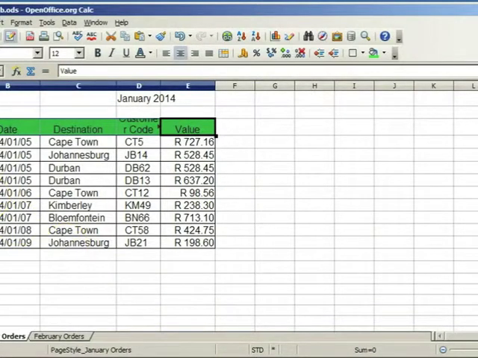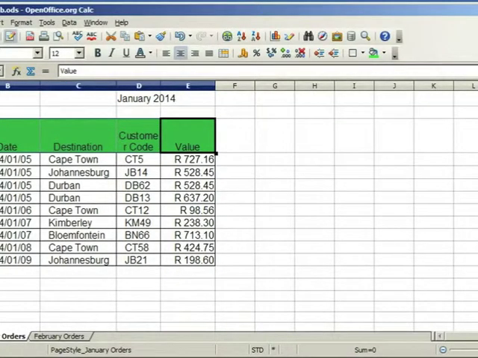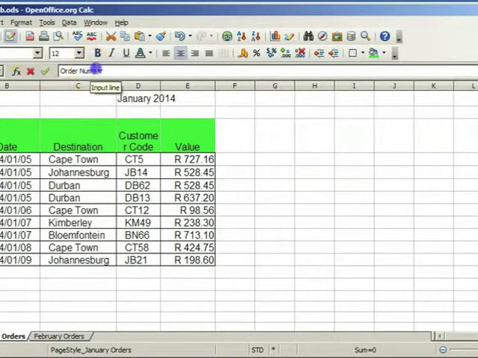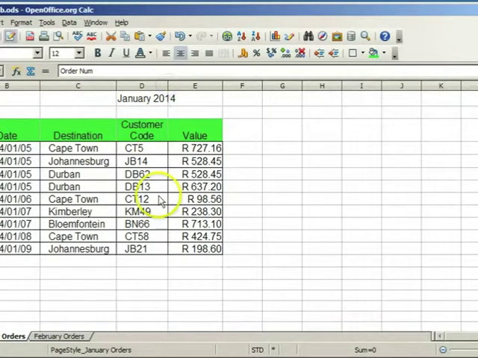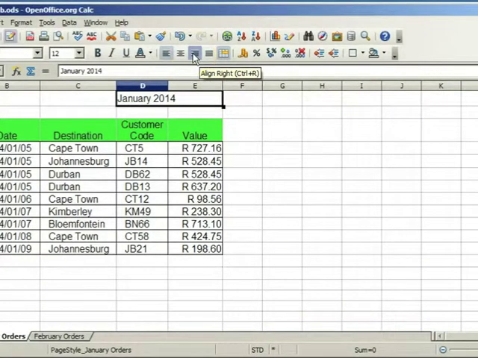To increase the row height automatically, double-click between two cells. If necessary, adjust some of the headings and some of the column widths. When all the headings are visible, we can select these two cells. Notice that if one cell is selected, this button is disabled. Select both cells, merge the cells, align the data on the right of the cell,